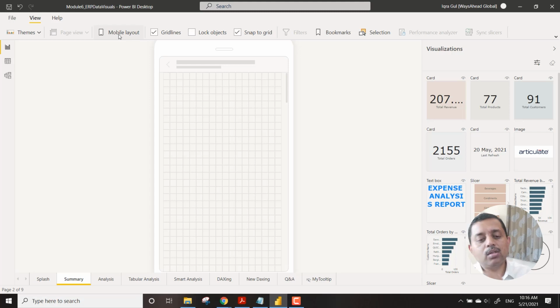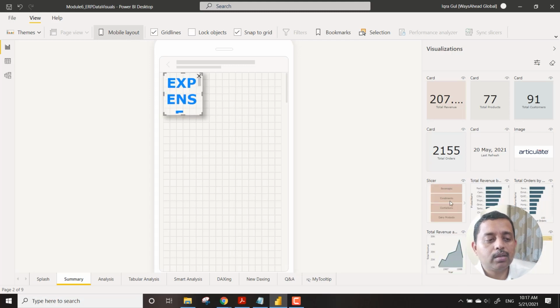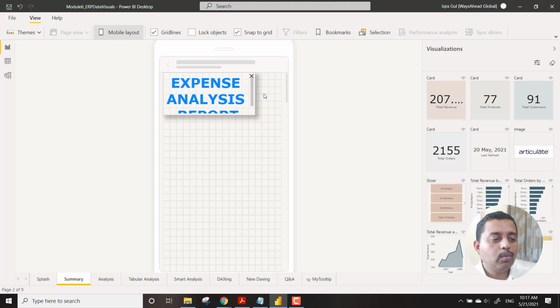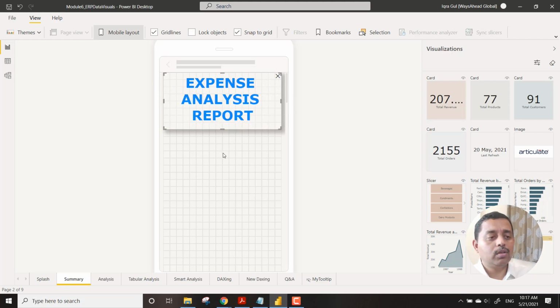Here there is a small tip that I can give you: you can choose not to bring everything into the mobile version as well. That is also a possibility. Suppose I say that at the top I should see the text box. So you have the text box over here, and this is a mobile layout. This is a very thin band, and you have to fit everything over here.